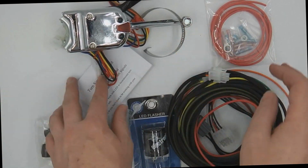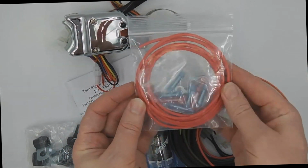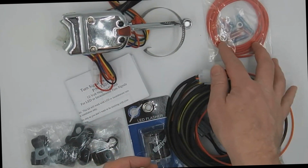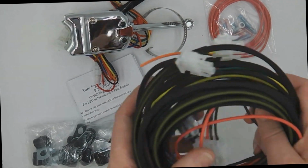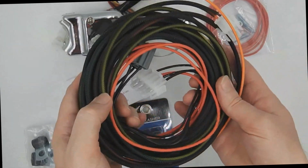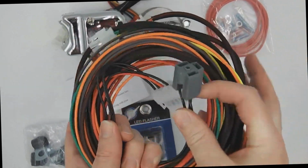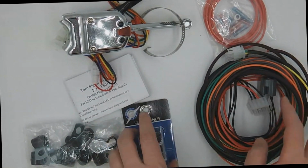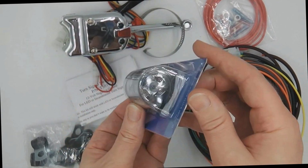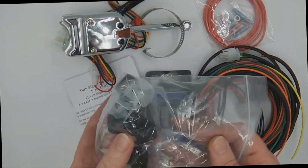It comes with a clamp, which is an integrated clamp that goes around the steering column. It comes with all the wiring connectors that you'll need to install this. The wiring harness itself, again, has all the connectors already installed, along with the 3-pin connector for the flasher that supports the LED flasher that comes with the kit, and this is a 3-pin flasher that will run both